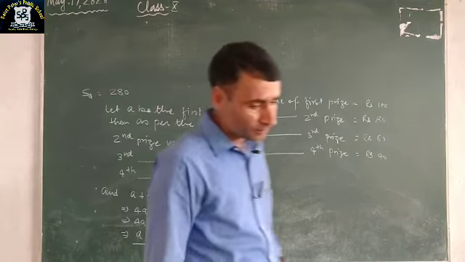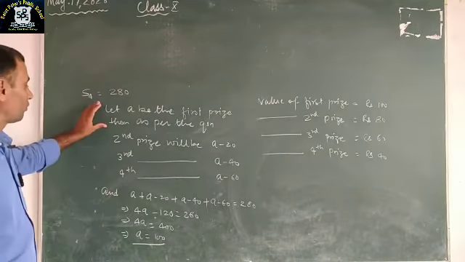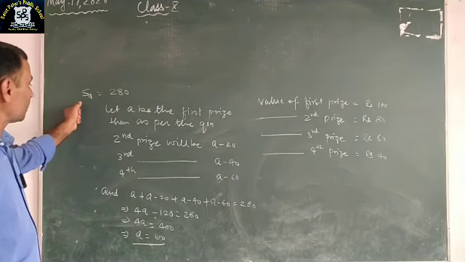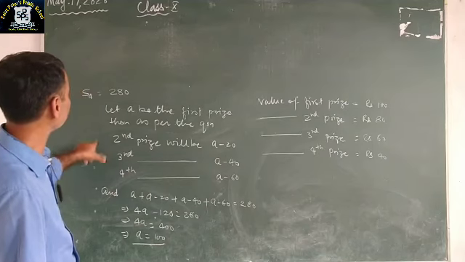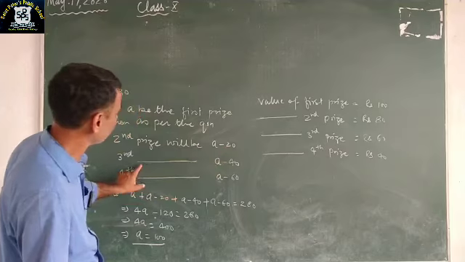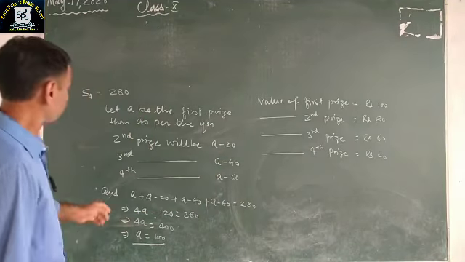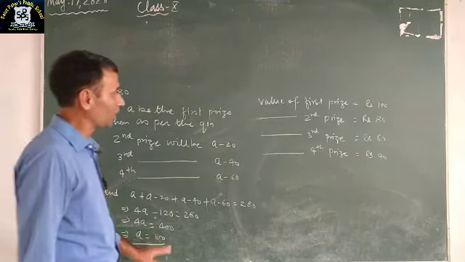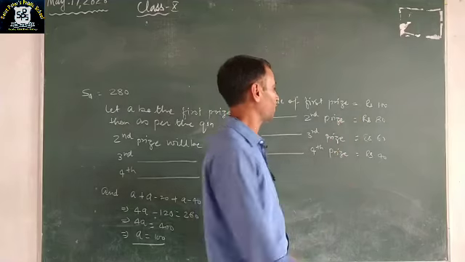So for this question, what we should do? We should assume the value of the first prize, and that's A. And as per the question, the succeeding prize is 20 rupees less than its preceding prize. So therefore, the second prize will be A minus 20, and the third prize will be A minus 40. The fourth prize will be A minus 60. If we add all the values of all the prizes, then we get A equal to 100. By putting the values as per the question, we get the first prize, second prize, third prize, and fourth prize. That's the answer.